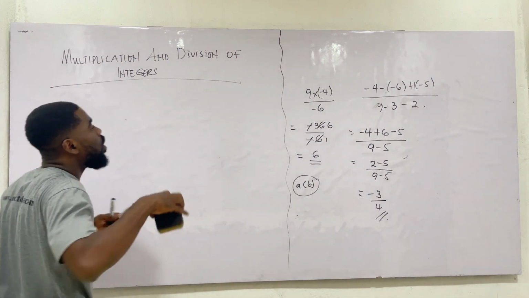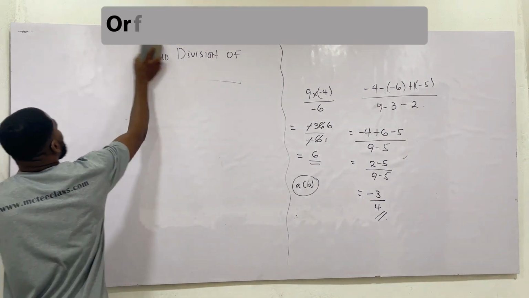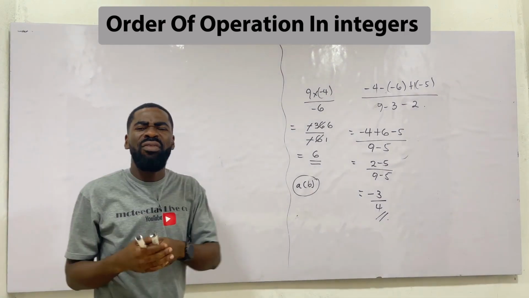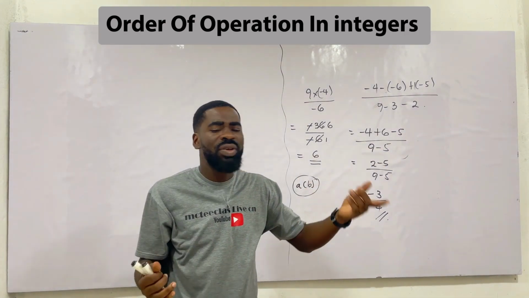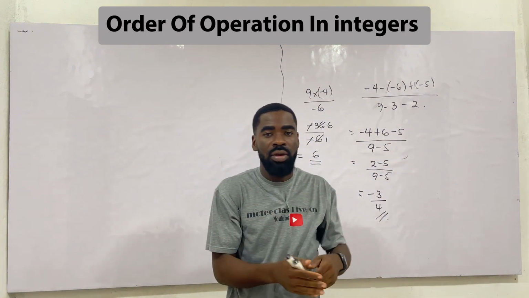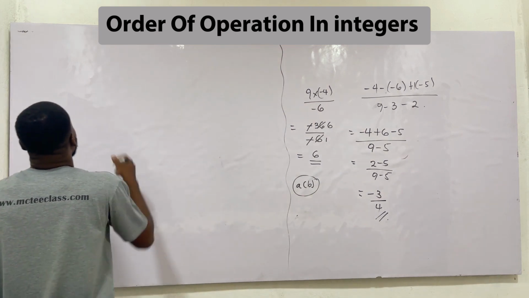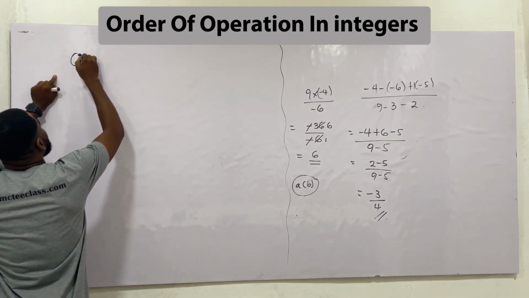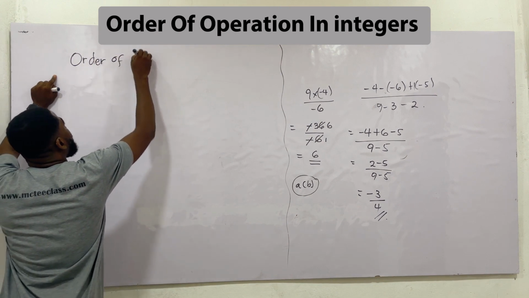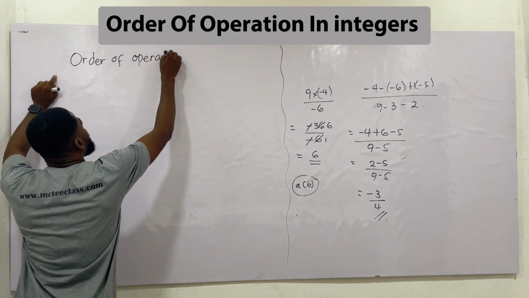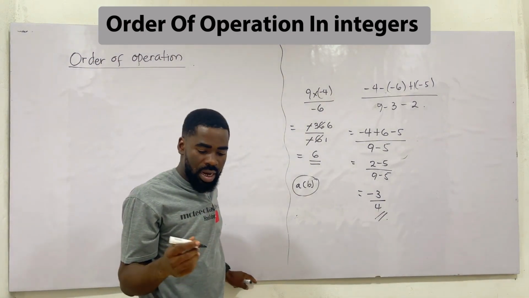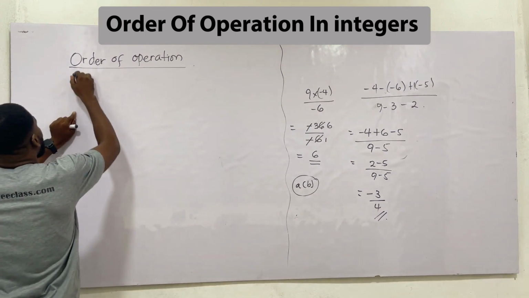So now we are looking at order of operation. If we are working, how should we work? Which one should I do first? I have a question. There's multiplication, there's division. What is the order? Like you do in fractions, BODMAS, you do the bracket first. You get the point I'm making about the order. So we are looking at order of operation in integers. This thing confuses most people. I have seen most people getting confused when you are given this. And the order we are going to use here is the